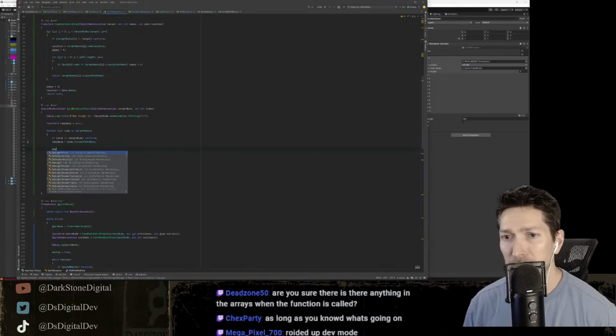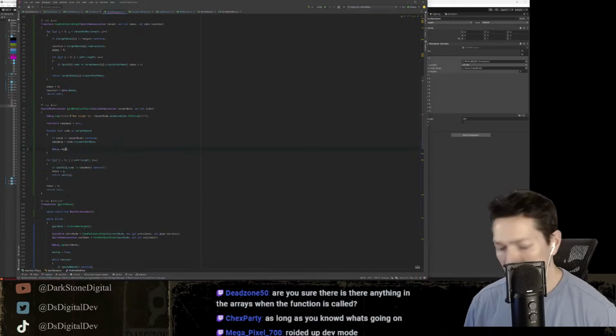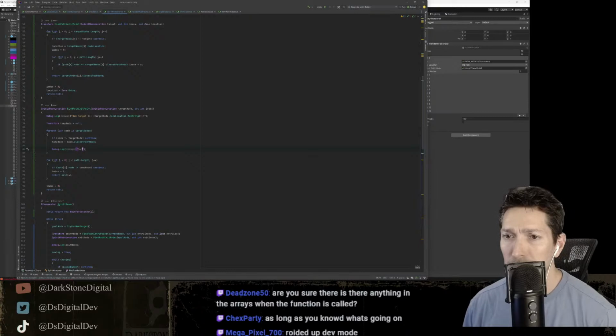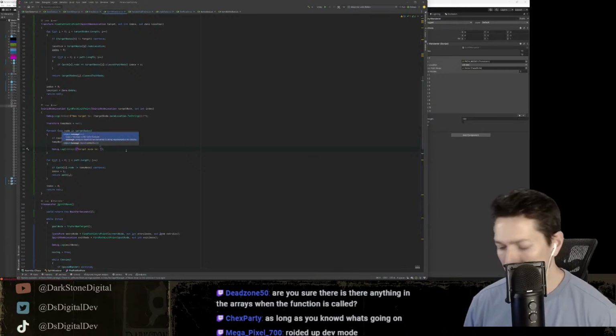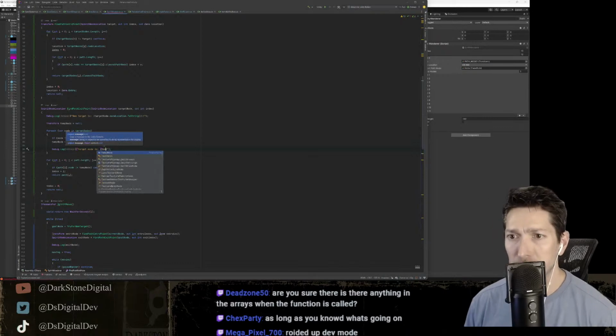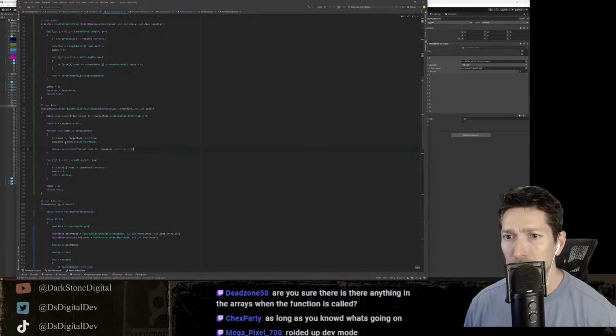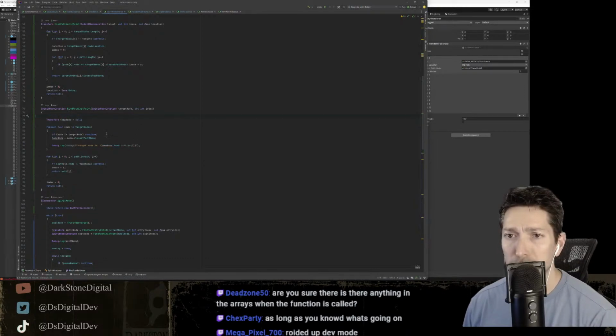Say Debug.Log, target node is, and we're going to get rid of that other one there. Temp node dot string. Oh wait, dot name. It doesn't need to be toString because it's a name.